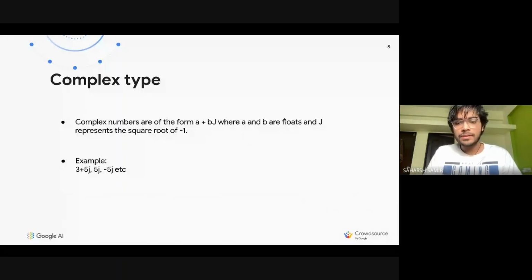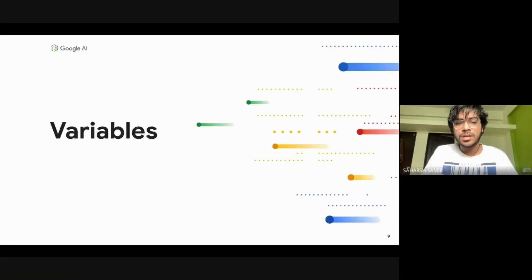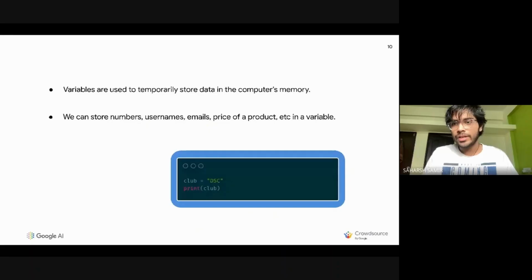Next up is variables. A very important part, not just in Python, but any programming language. You can think of a variable as a label that points to a specific location in memory. So you can use variables to